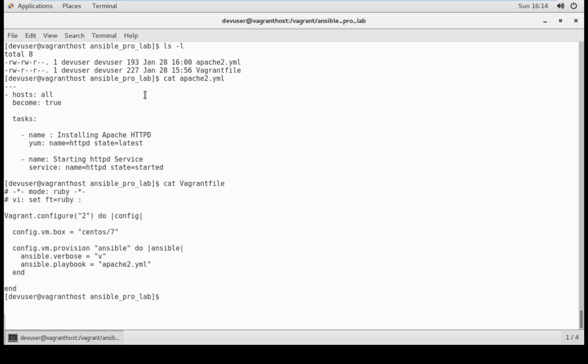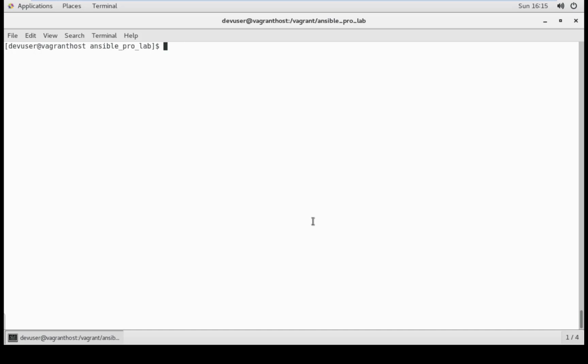In the Vagrantfile, you can see here I'm using the Ansible provisioner. Verbose, yes, you can update the verbose level to v if you want more verbose output, but I'm keeping it minimal. For ansible playbook, I have specified the playbook name. This playbook is in my project directory. This is a remote provisioner, so this script is not required to be available remotely. So that's the reason I haven't specified a path like /vagrant/apache.yml. So this path is fine. So let's bring this machine up and see whether this